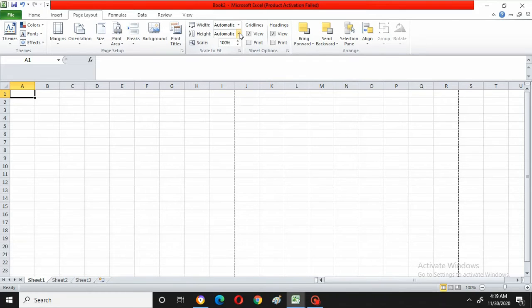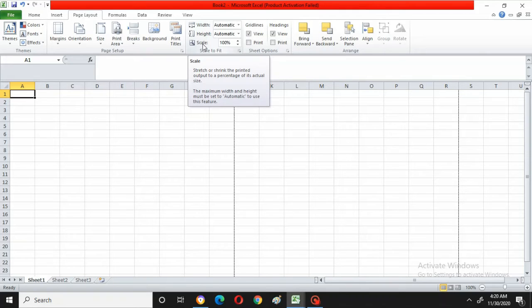And the height of the page, can you see here? If you are selecting the data in this model, or height means in this model, vertical position. Scale, I will just read: stretch or shrink the printed output to a percentage of its actual size. That means scale 100% is the default number.